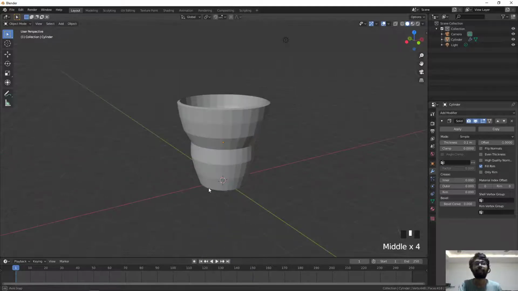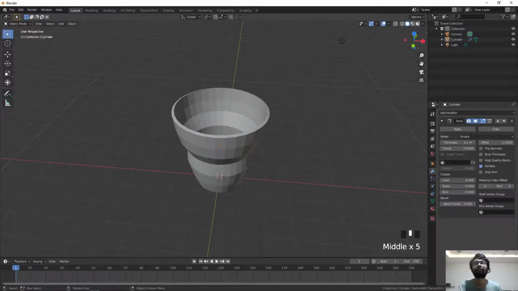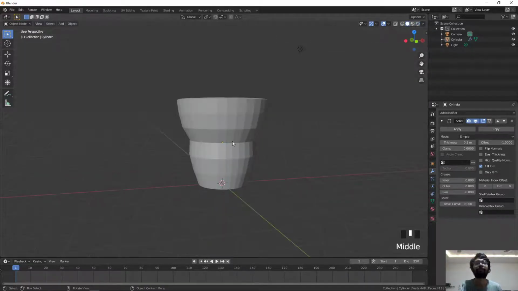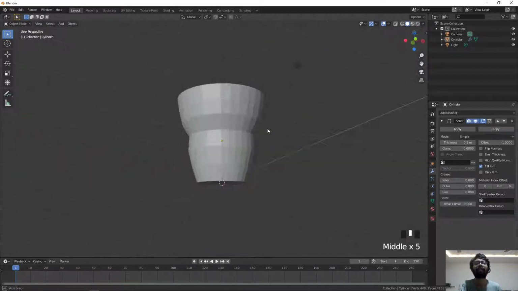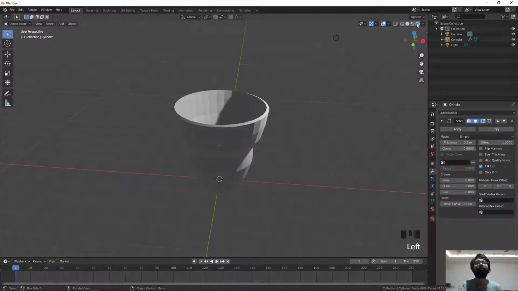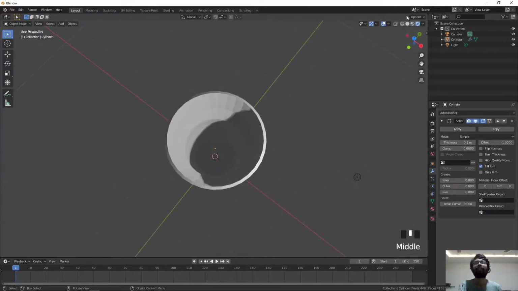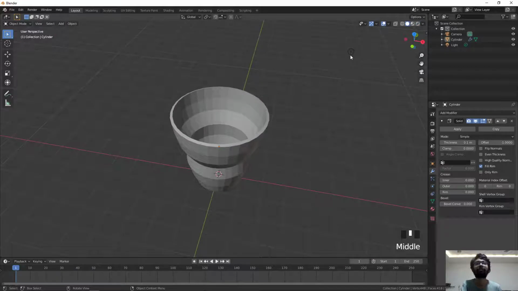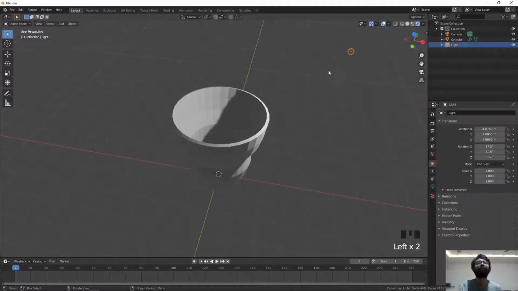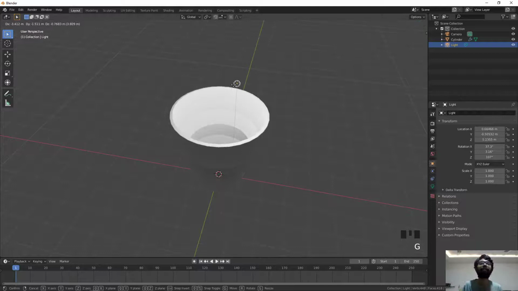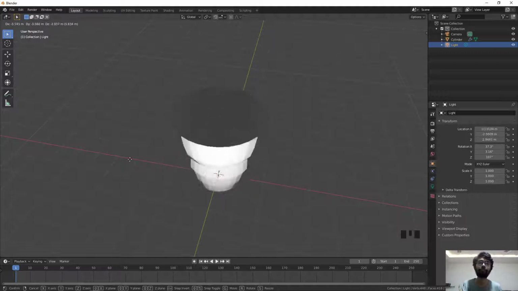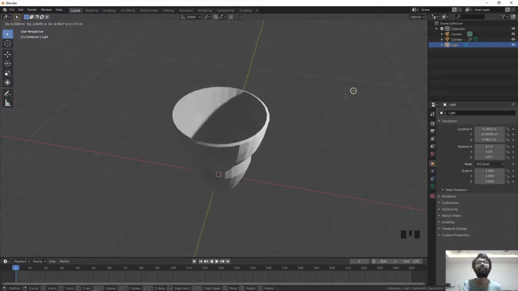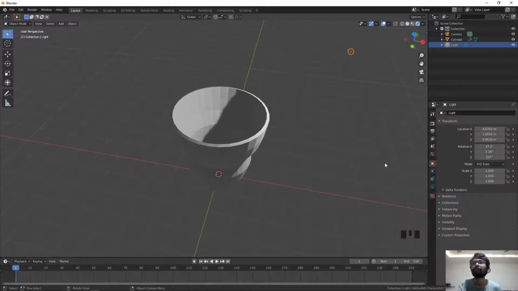So after we have added our thickness, our glass will start to look thick. So this is our solid view mode. We can view our glass in rendered view mode, which is here, which will render all the lighting and etc. You can see here is light. If you go to rendered view mode and move our light, the lighting and shadows on the glass will adjust according to the position of light. And if we right click, we'll cancel the movement of our light.